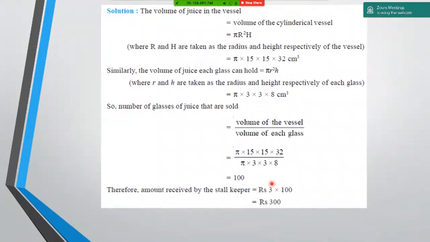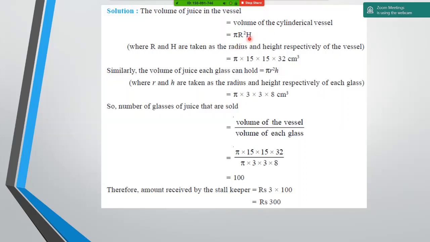In my textbook also it's given as rupees 3. Anyhow, shall I proceed? So hopefully nobody has calculated the values, because here pi gets cancelled off and your calculation becomes very easy when you substitute the values and leave it as it is. Let me know once you're done, children.